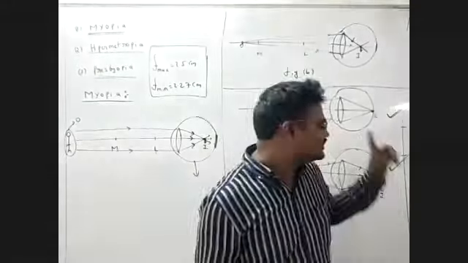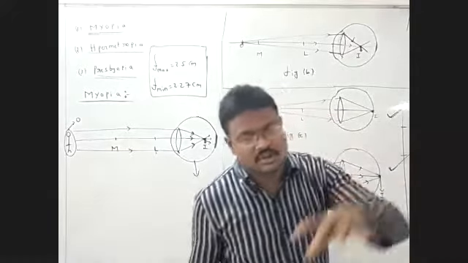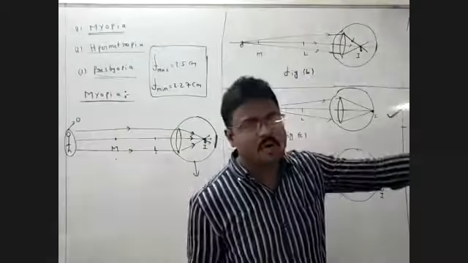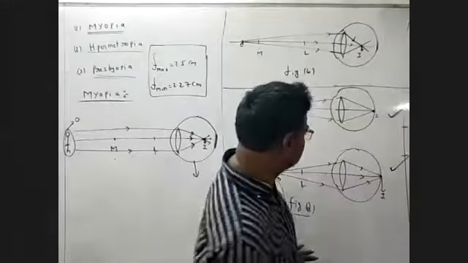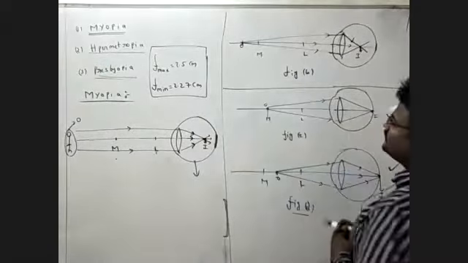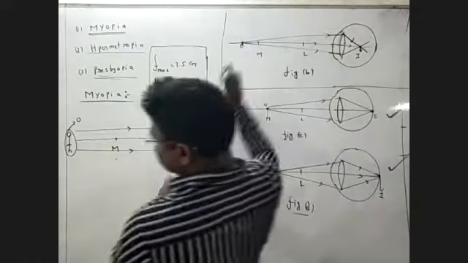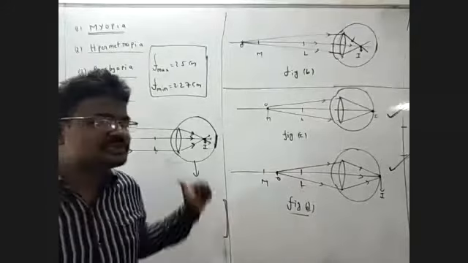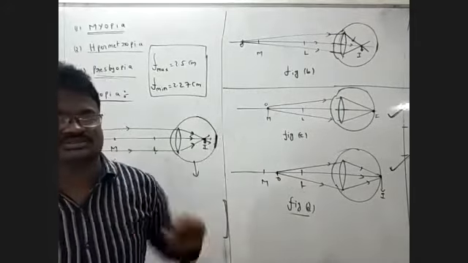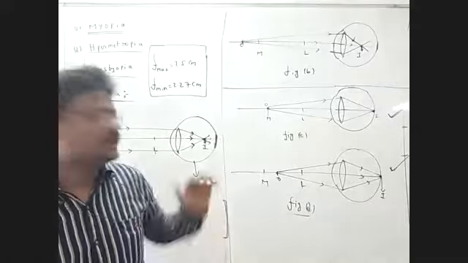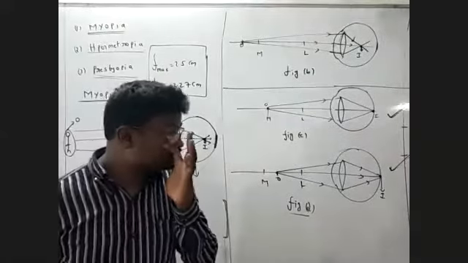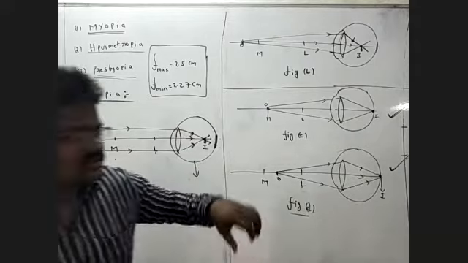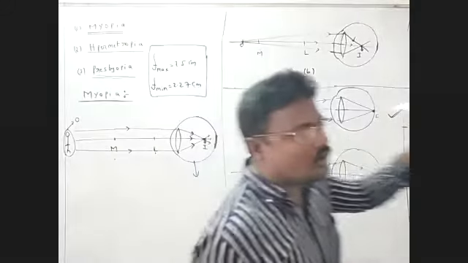These persons are seeing the near object clearly, as well as seeing the long-distance objects very clearly. There is no problem. But the problem with this elderly person is that this person can see the near object but cannot see the long object. It can see the near object. It cannot see the long object.